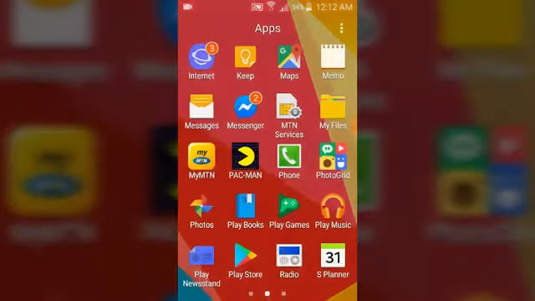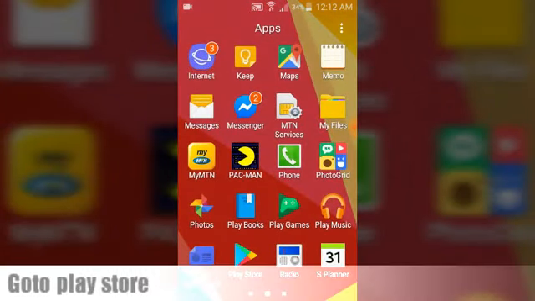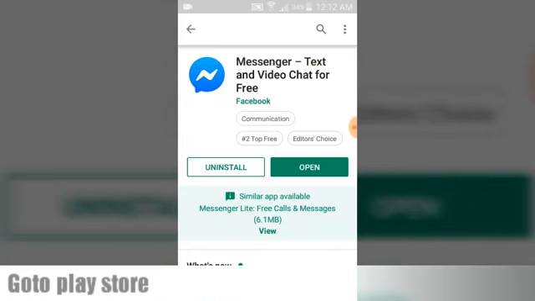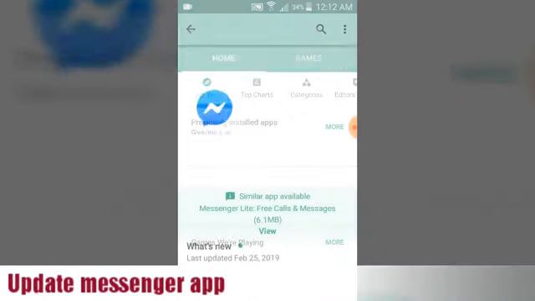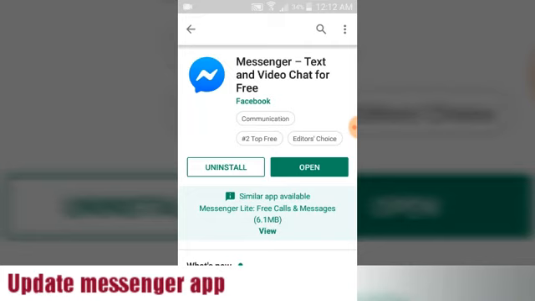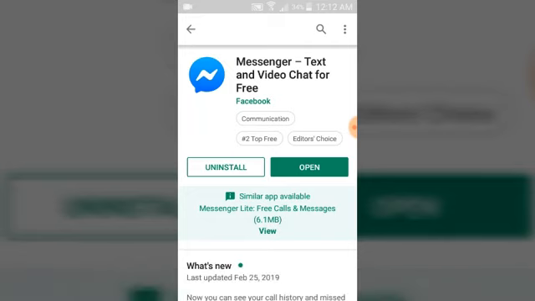If you have your Facebook Messenger, the first thing I advise you to do is to go over to Play Store. Click on the Google Play Store, and once it's open, you are going to see the home page like this. The first thing you are going to do is to update your Facebook Messenger. So go ahead and click on your Facebook Messenger. Once you click on it, the first thing you see on the left hand side is the uninstall, and the next is the update. But if it's already updated, showing you the open, just like mine, that means your Facebook Messenger is updated